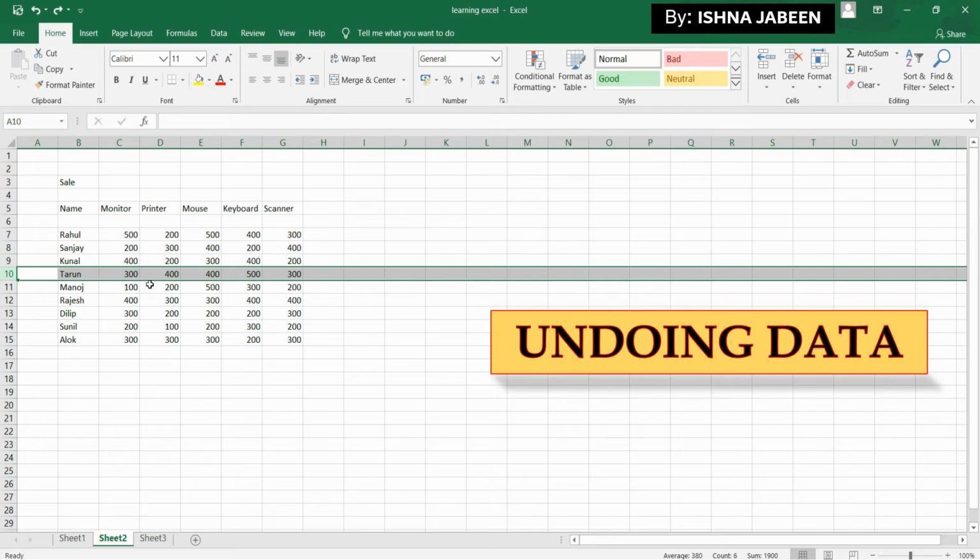Now to reverse the result of using the undo feature, click on the redo button. If you click on the redo button, you will be doing the reverse of the undo you did in the last step. So click on this redo button. Again the data disappears. So this is about deleting and undoing data. I just click on the undo button and the data appears back.